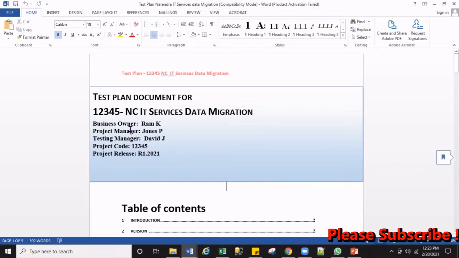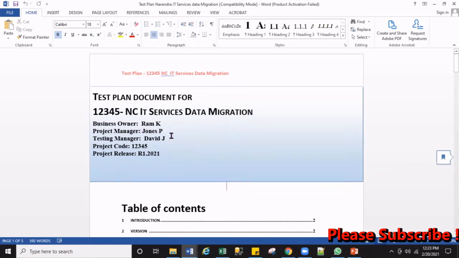Here I have prepared the test plan document for project ID 12345. The project name is NCIT Service Data Migration, and the business owner, who is mainly responsible for the whole project, is the project owner, named Ram K.